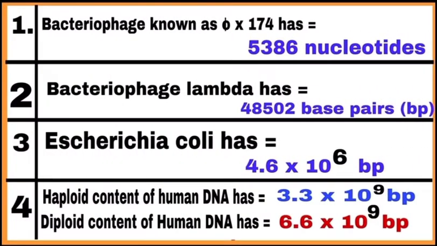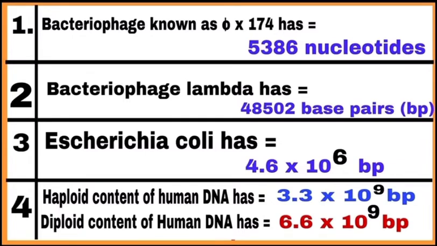First, bacteriophage known as φX174 is a single stranded DNA virus which attacks E. coli and it has 5386 nucleotides. Second, bacteriophage lambda has 48,502 base pairs and it is a bacterial virus that also infects E. coli. Third, Escherichia coli has